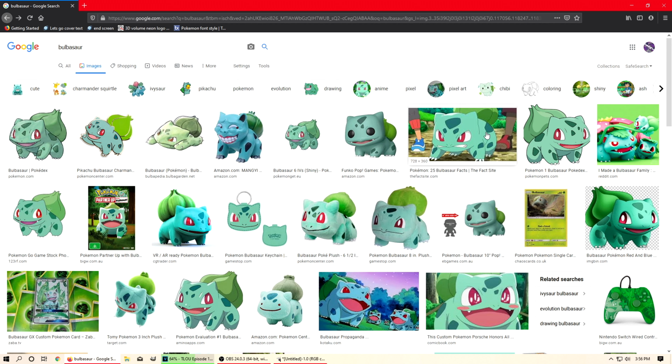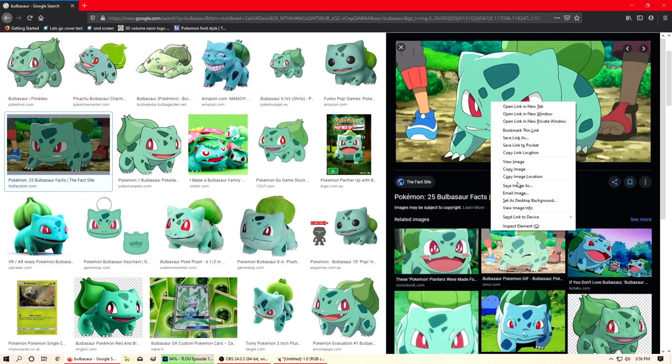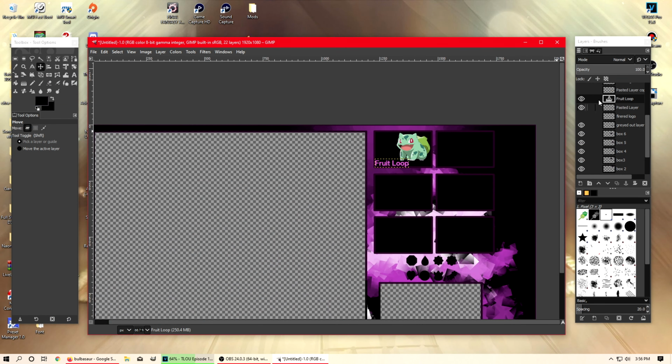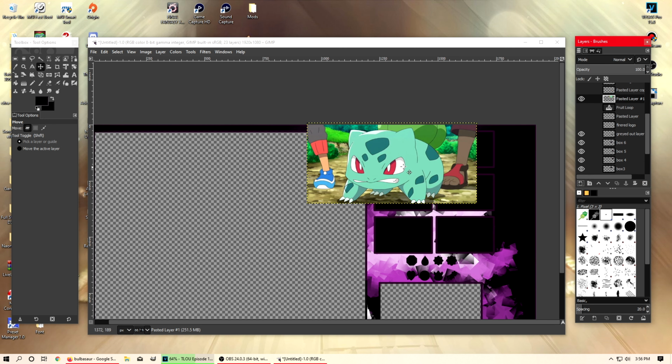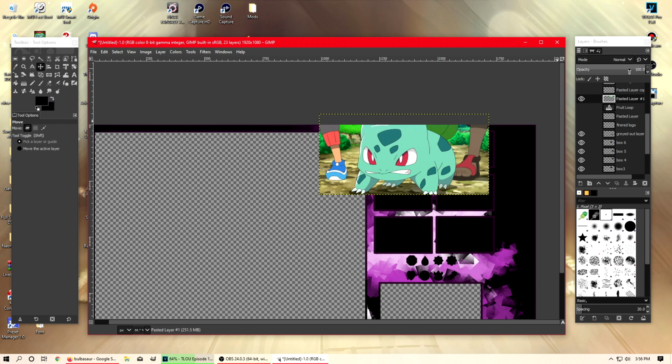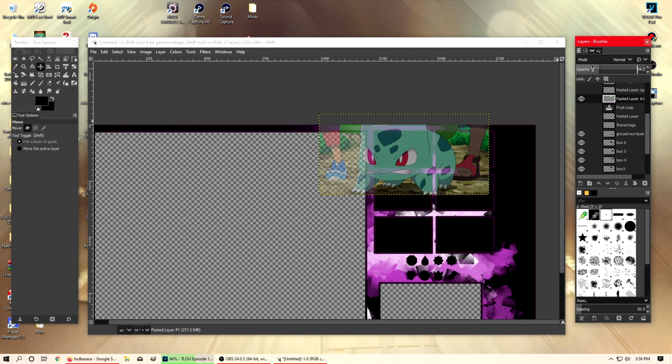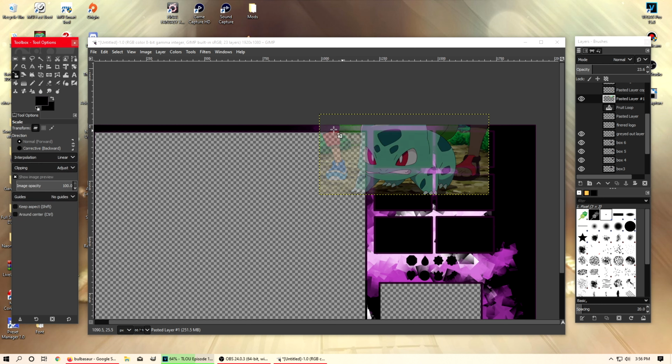Just find a cute picture of Bulbasaur that we want to use. So I'll do copy. Hide those layers, Control V to paste it. And then here's my Bulbasaur. Now at the top right, there's opacity. So I'm going to lower that opacity down, because what I'm going to do after I scale it real quick,